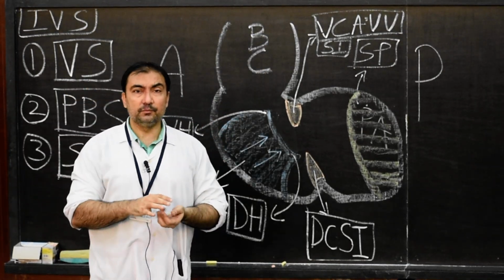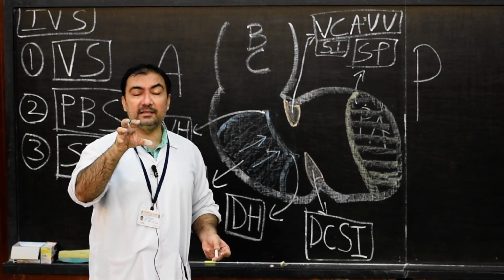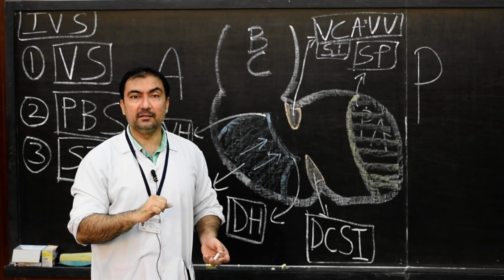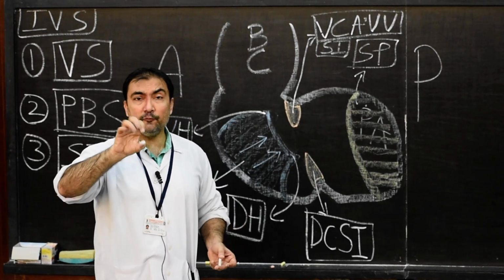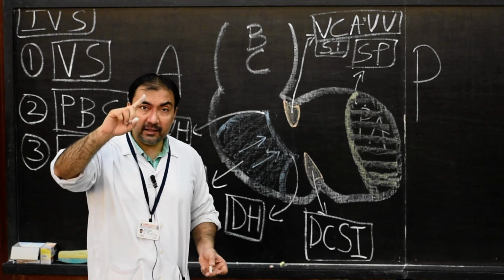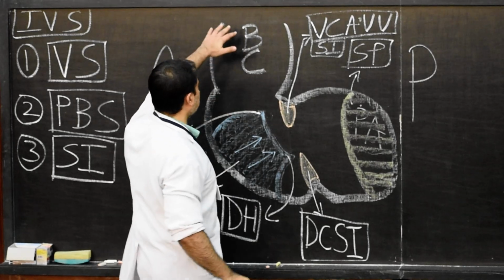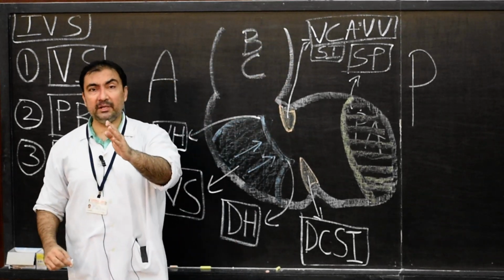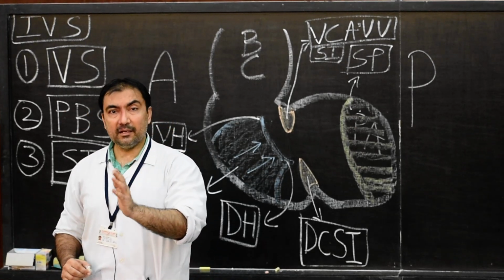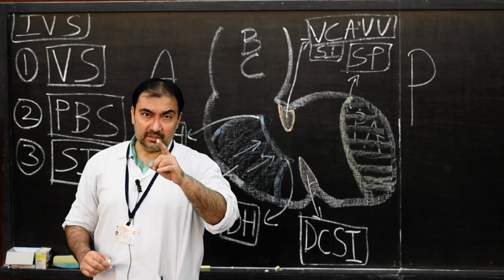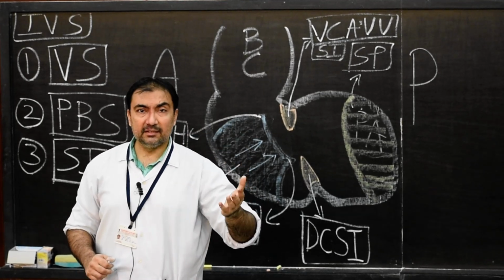It will develop into, number one, proximal portion, which will develop into the right part of the ventricle, that is, it will help in development of right ventricle. Middle segment of bulbus cordis will help in development of conus cordis, the outflowing tract of both the ventricles. And the most cephalic portion of bulbus cordis will help in development of truncus arteriosus, that is pulmonary trunk and ascending aorta. So bulbus cordis, in this way it will develop, and that we'll discuss in the next segment.